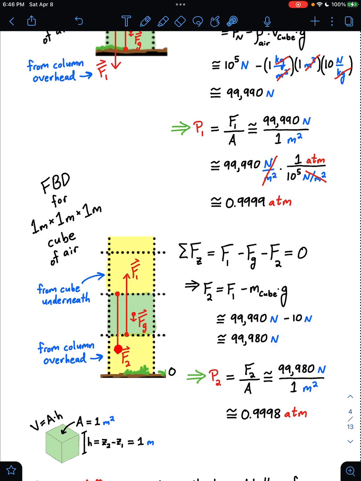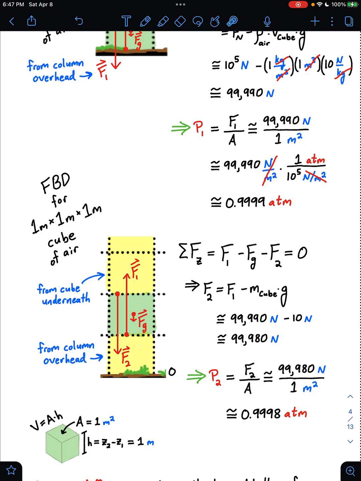And then there will be this force from the column overhead pushing down on the green cube. We'll call that F2 because it's the force due to the pressure at 2 meters above the ground. Okay, let's compute that force, the force due to the pressure at 2 meters above the ground, the downward force from this column onto the green cube. All right, so that'll be F1 minus the weight of this cube here. So that 99,990 newtons minus the weight of this cube. And since this cube is the same volume as the previous cube, we know its weight is the same as the weight of the previous cube, being 10 newtons. So subtract another 10, and we get F2 here, pushes down with